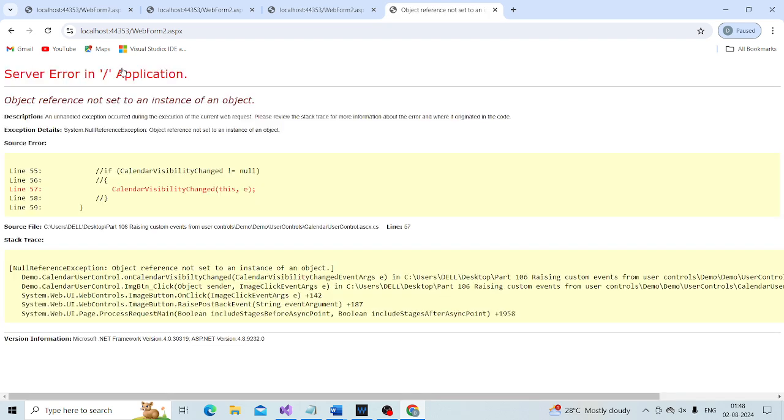Look at that: object null reference exception.